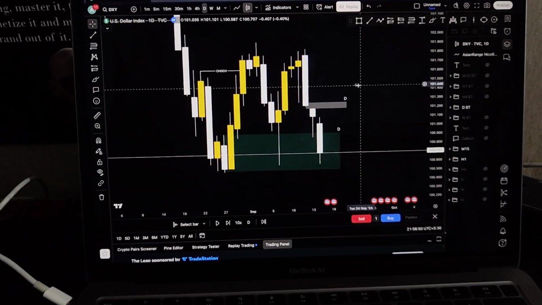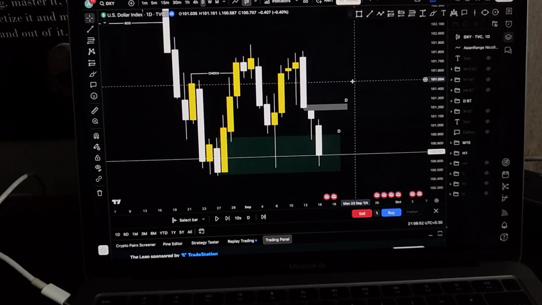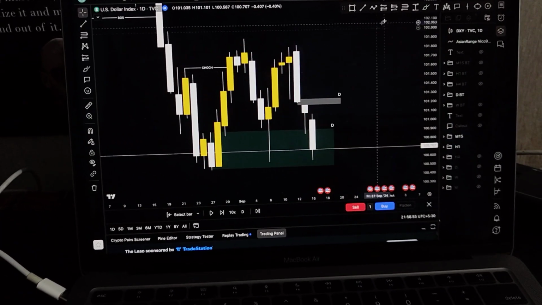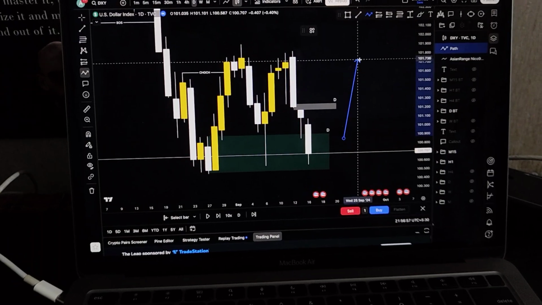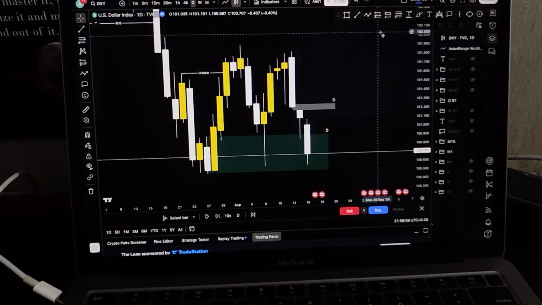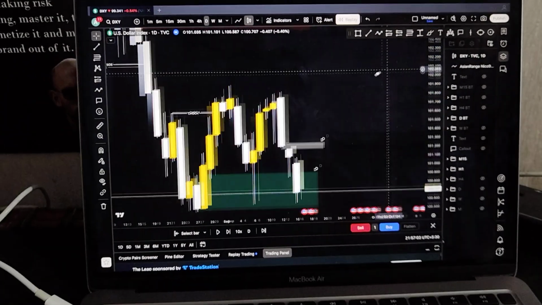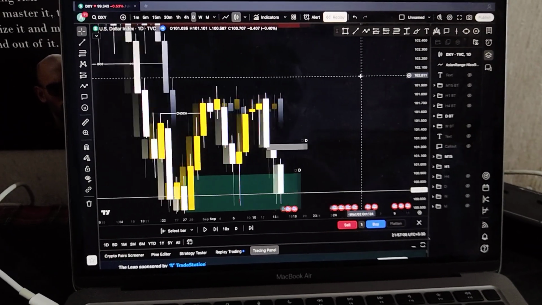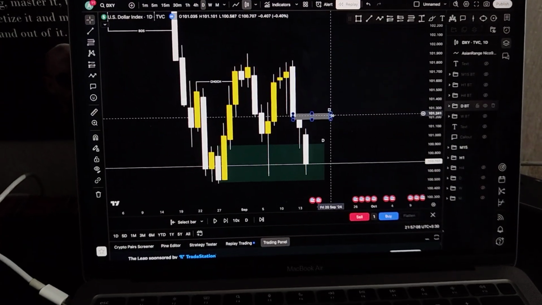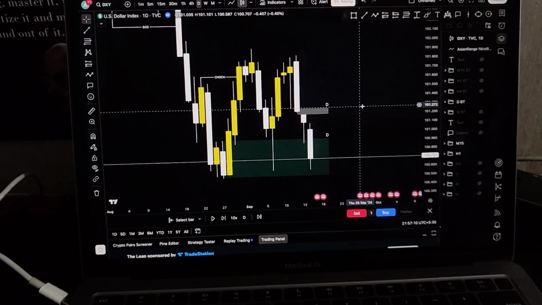I used to before, but I don't trade that way anymore because the market doesn't move due to a double top or a head and shoulders. The market moves due to liquidity, targeting certain liquidities. If we are buying, targeting the buy side liquidity, and if you are bearish, we are targeting the sell side liquidity. The sooner you understand that as a trader, that is how soon you are gonna get results.